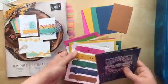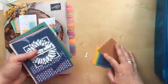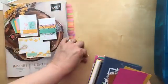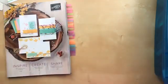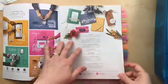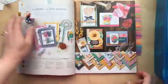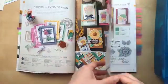Let's move on and take a look at the suites. Like I said, I'm going to show you all the designer paper and coordinating accessories and ribbon and things, and then some card samples using some of those items. So we're going to go in the order of the catalog. So the very first suite, my first pink tab here, is the Flowers for Every Season. This bundle has,